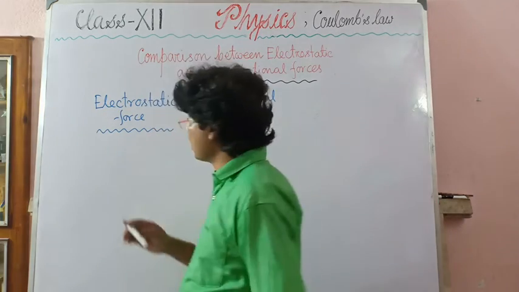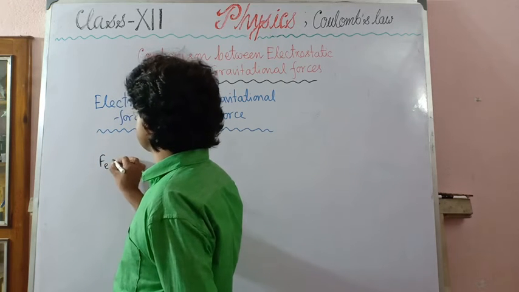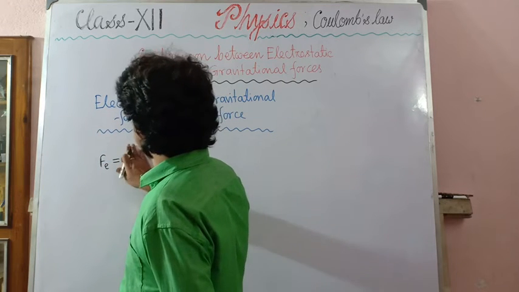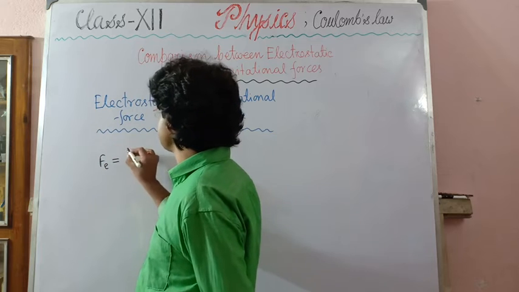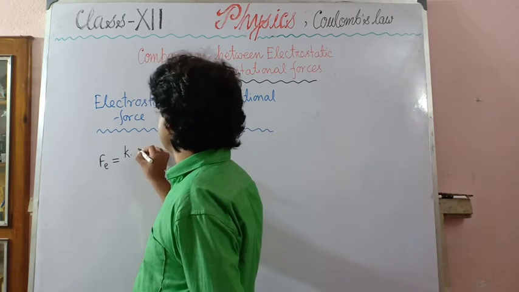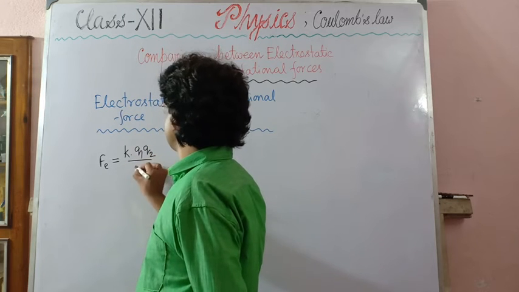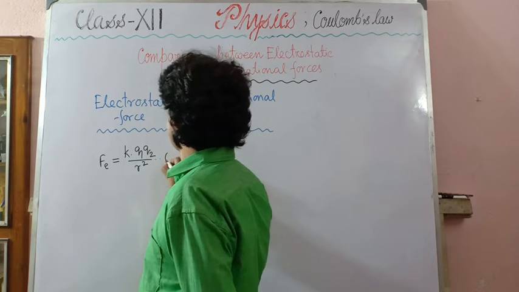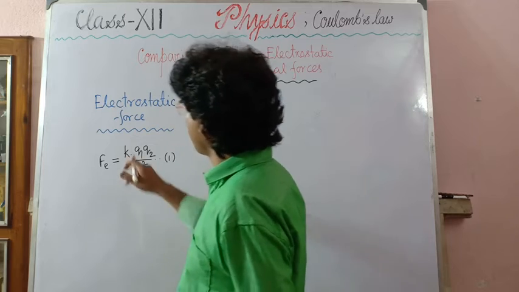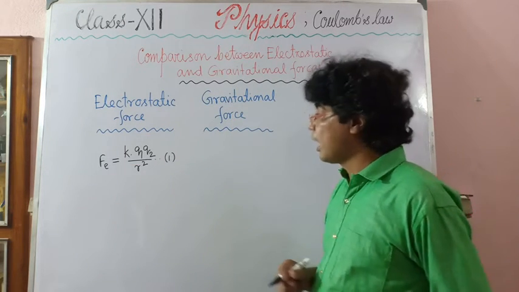Electrostatic force between the two point charges Q1 and Q2 separated by a distance r is expressed as Fe equals K Q1 Q2 by r square, where K is electrostatic constant, and